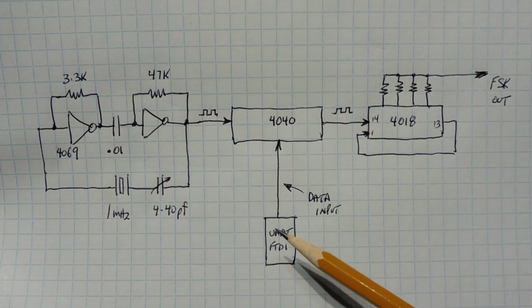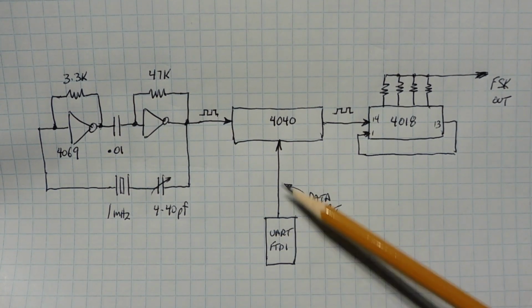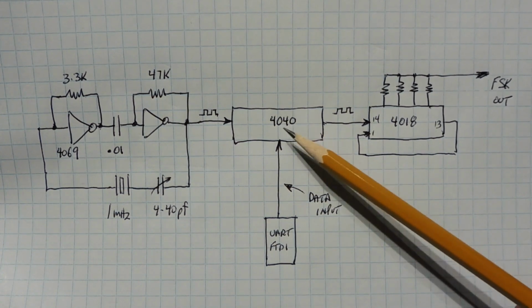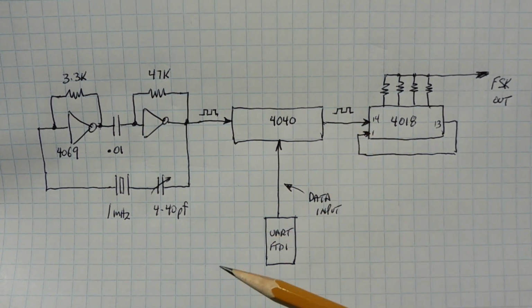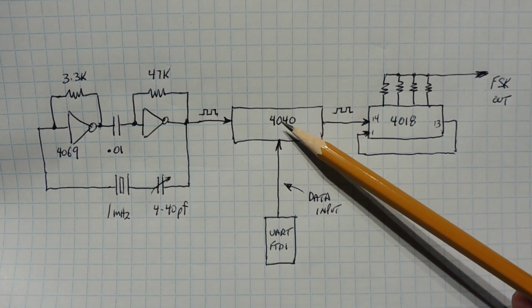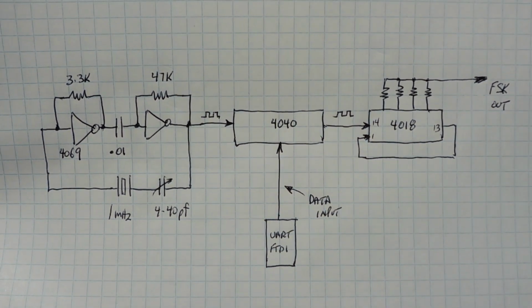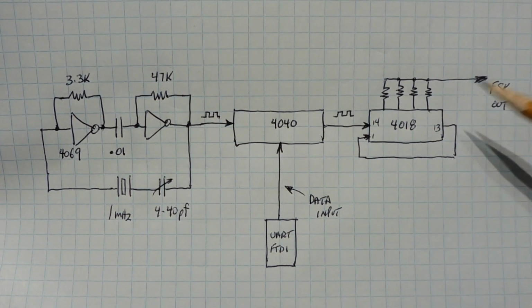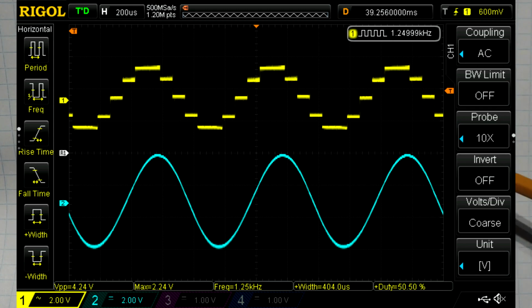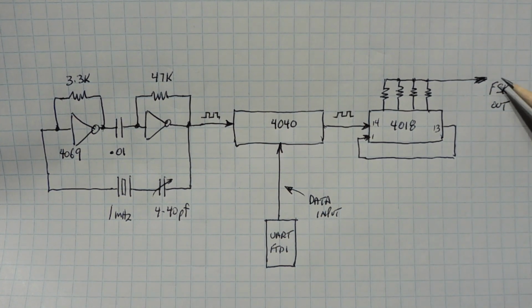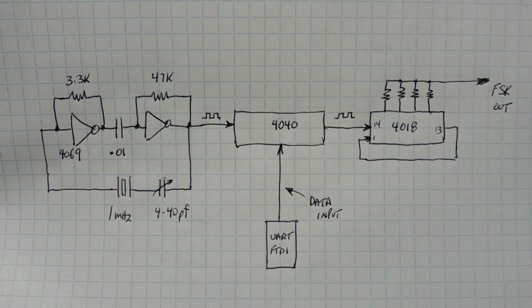So our input is serial, so it could come from a UART, so we have serial data feeding the 4040. So a logical 1 as data will divide the 4040 to give us a mark frequency, and a logical 0 as data will divide the 4040 to give us a low space frequency. And that's fed into the 4018 walking ring counter, and that's going to take the square waves and convert it into a chunky sine wave, which we've got 4 weighting resistors. And so our FSK output would feed a low-pass filter, and then we get a nice sine wave for our